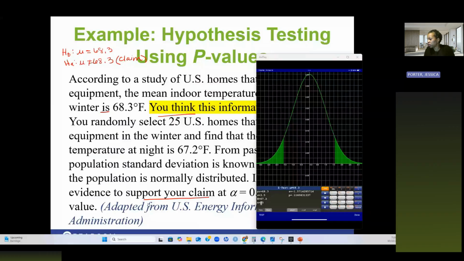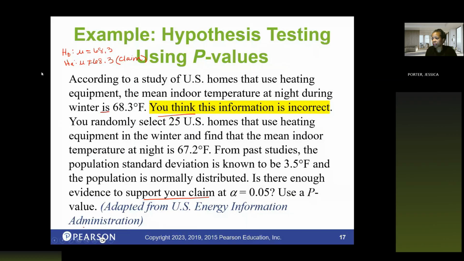I've got my p-value of 0.116 and my z-statistic as negative 1.57. Well, what does that mean? The p-value is greater than the significance level, because the significance level is 0.05, and our p-value is 0.116, which is greater than 0.05. So that means we fail to reject